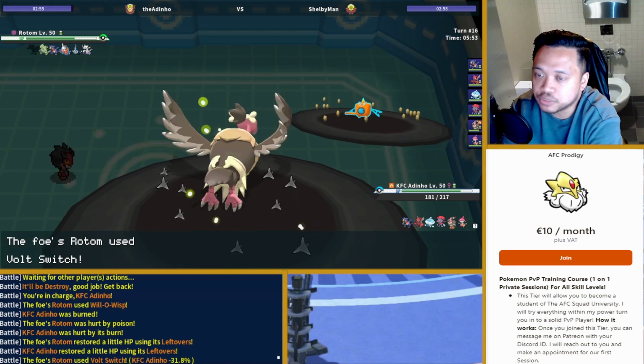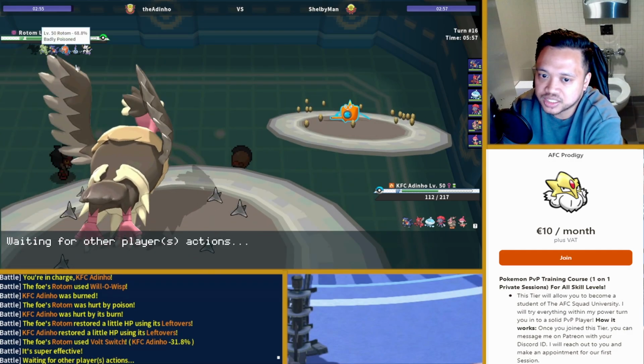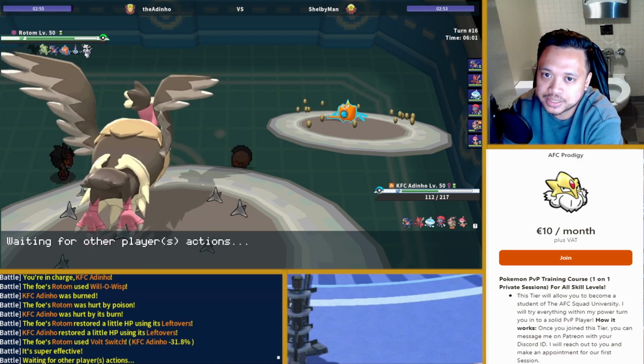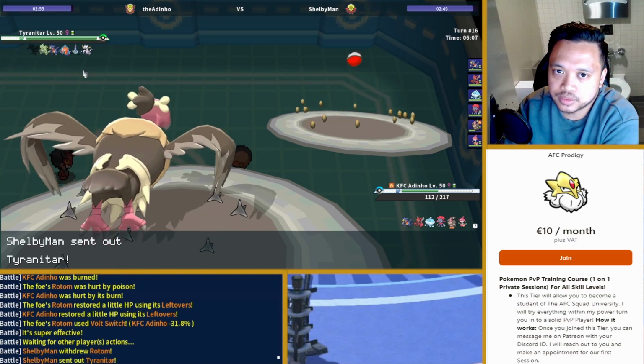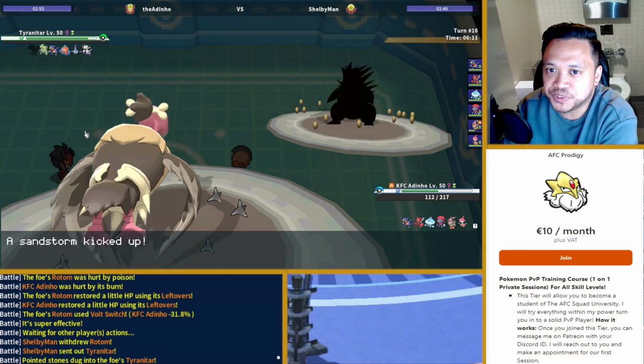And I'm still getting the value from Stealth Rock here. Plus, he burned me, so if Garchomp has Toxic... By the way, this did nothing to me. Hilarious. But like I said, I still get value here. I actually expected him to go for...